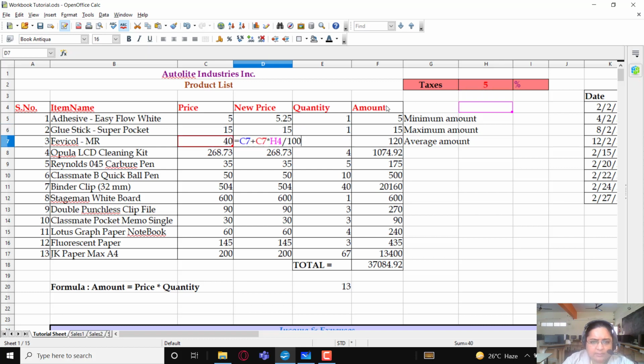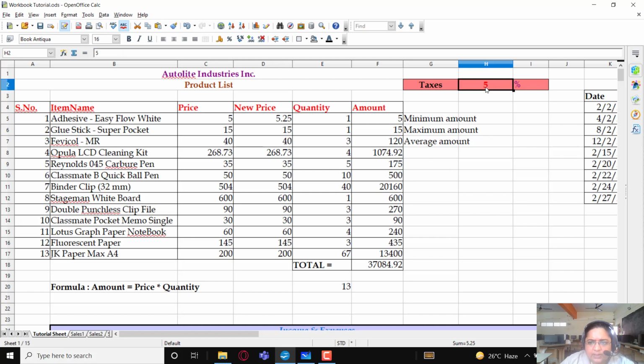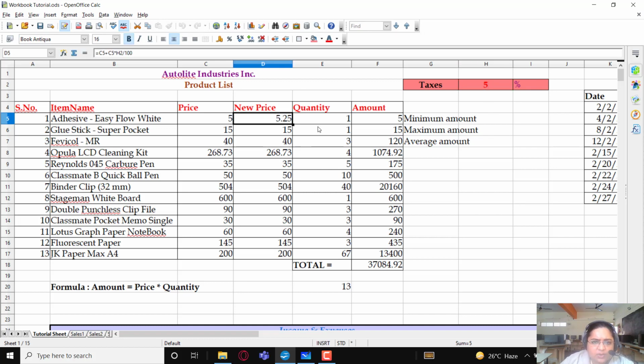Go down and press F2 and you can see H4 is highlighted. So there is no particular change in the prices of items here. That is because this particular cell, according to relative addressing, is changing the value. It is changing the cell address from H2 to H3, H4, H5 and so on.